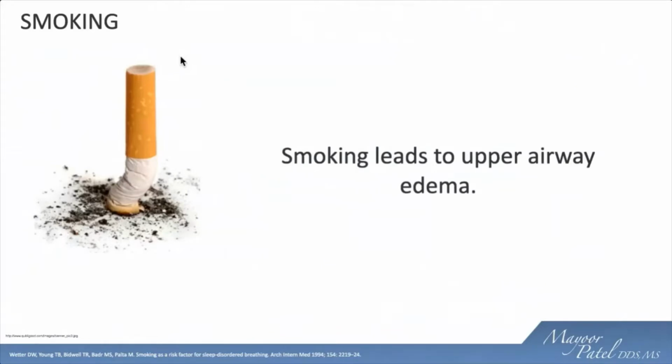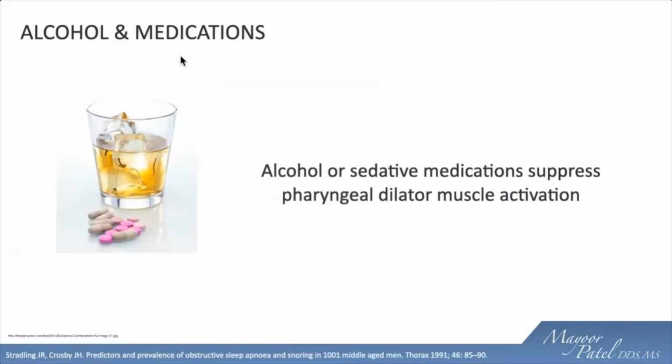Smoking leads to upper airway edema, hence constricting the upper airway. Therefore, in smokers, this is something to definitely have a discussion about. To try and open up the lumen space in the upper airway by reducing edema would require not smoking. Other conditions that we are aware of include alcohol consumption. It's not uncommon when you have a cocktail those evenings, you might get nudged a little bit more as a result of losing muscle tone, and as a result of losing muscle tone, having a higher tendency of collapsibility taking place.